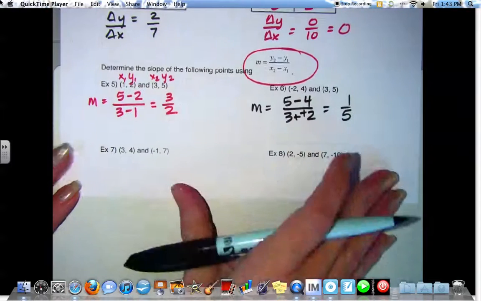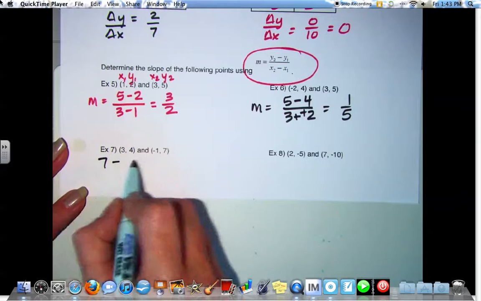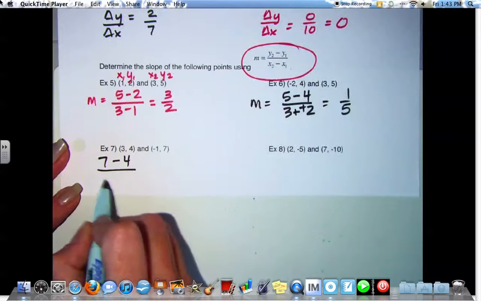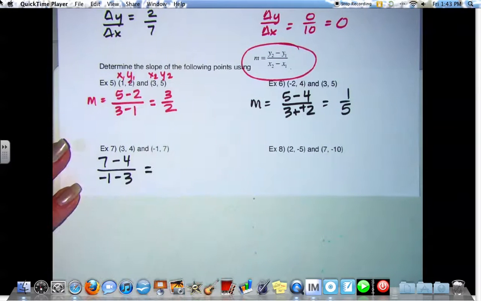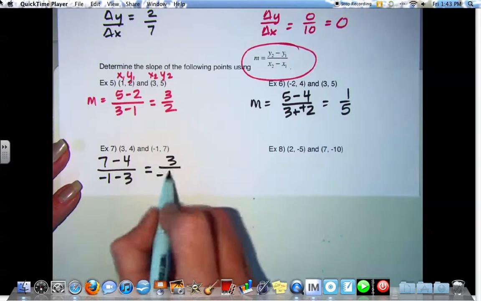All right, example 7. What's my y2 value? 7 minus 4, over 3 plus 1. No, negative 1 minus 3. Yes. Oh, just kidding. So what does that give us? Negative 3 plus 3 over negative 4. 3 over negative